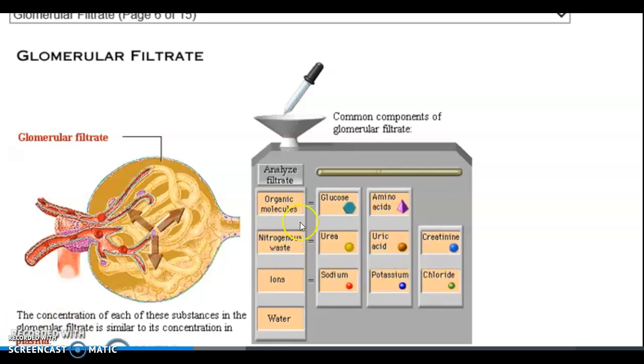Now, here's what we're really looking to get rid of in the water: the nitrogenous wastes. These are the wastes that the cells produce that the blood picked up. But if we keep these wastes in our body, then they will start damaging us and breaking down our tissues. And we all know that if somebody has kidney failure, if they don't get